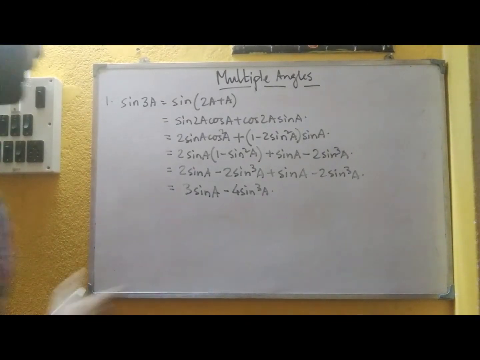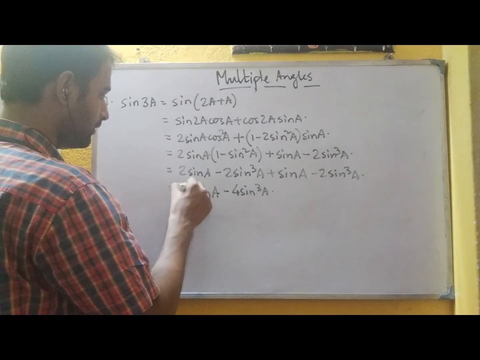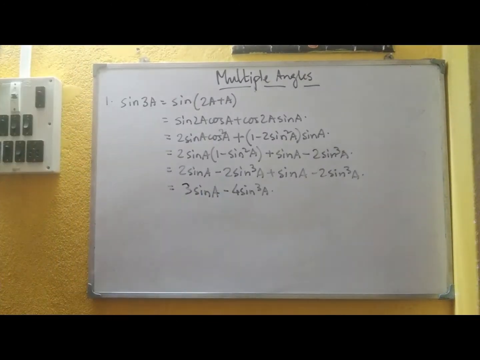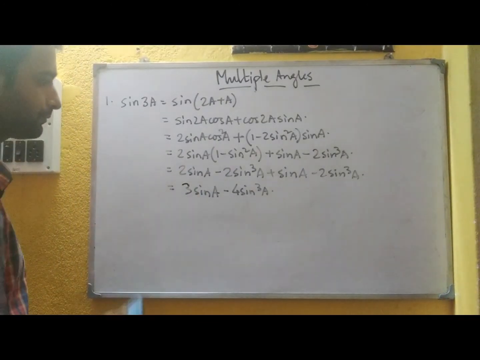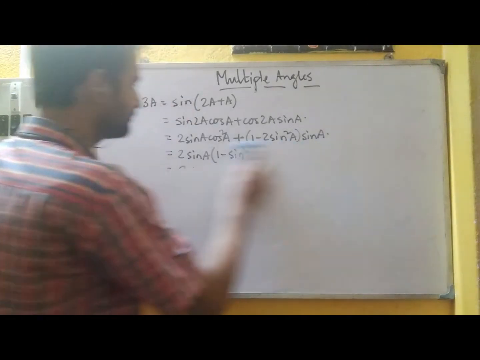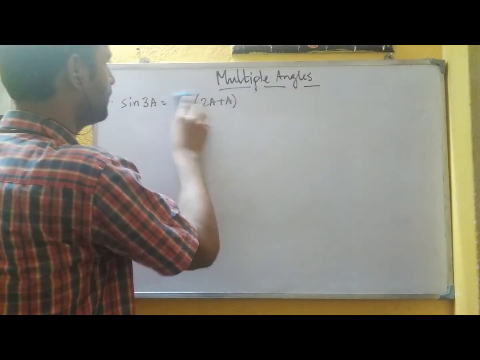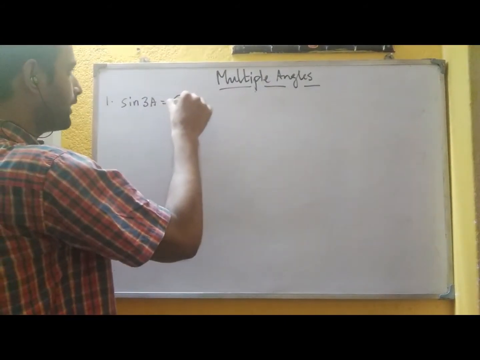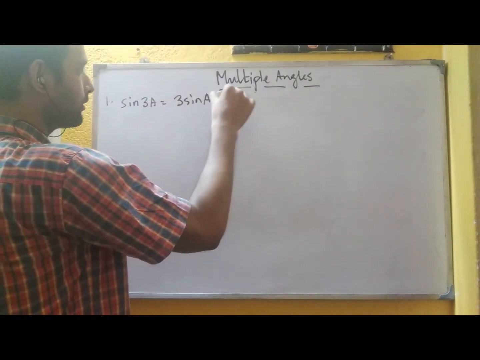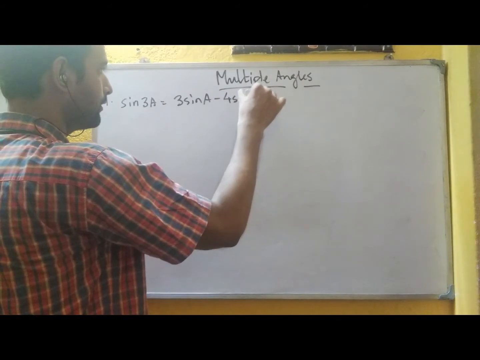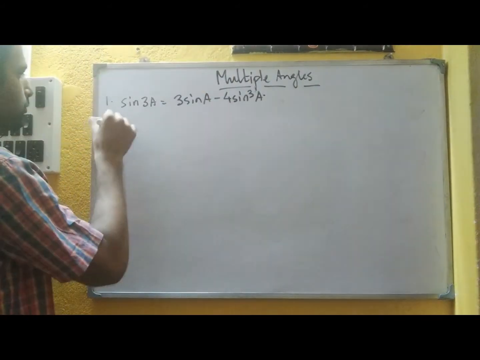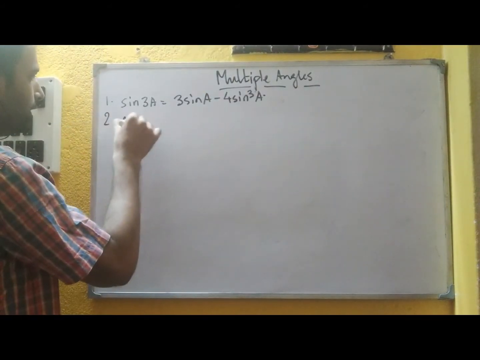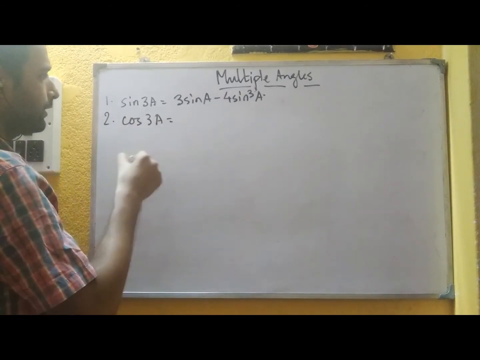Same way, so let us write the formula in place. So the formula is 3 sin A minus 4 sin cube A. Number 2, it is cos 3A. You can easily see